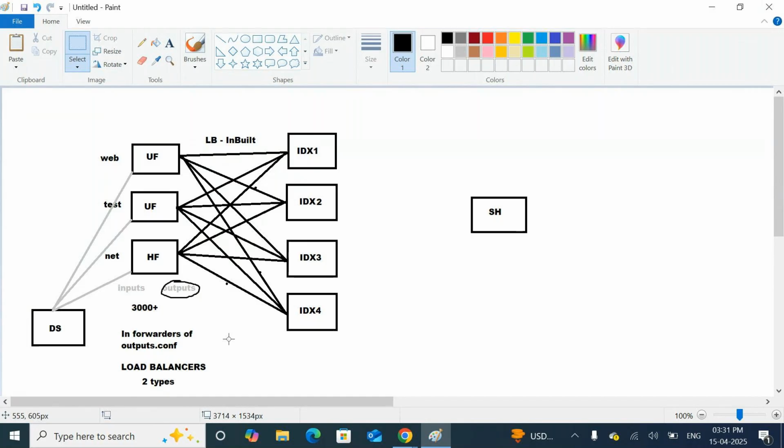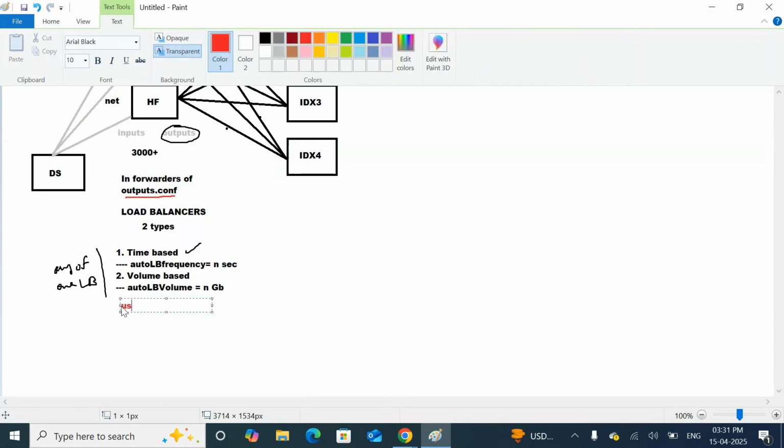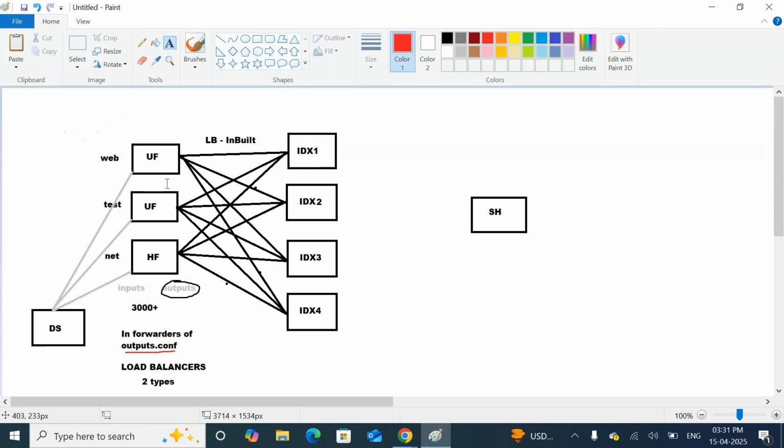That's why you achieve that with one parameter within the same outputs.conf file: useACK equals true. So forwarders are always checking the acknowledgement from the indexers.